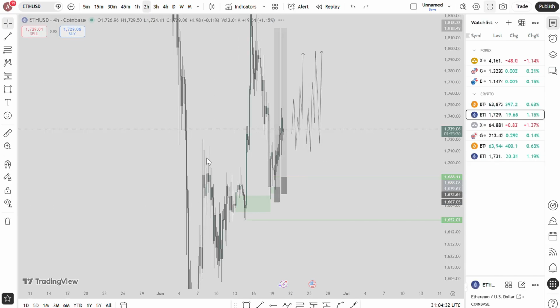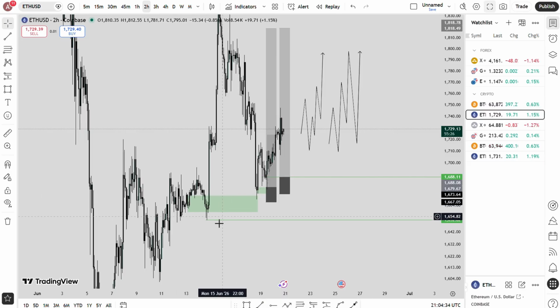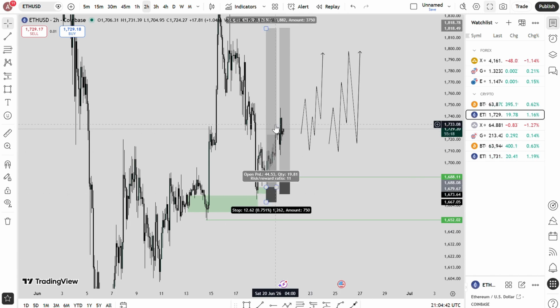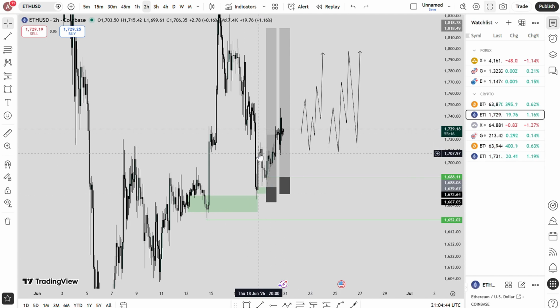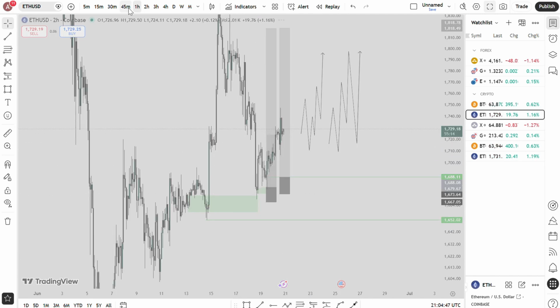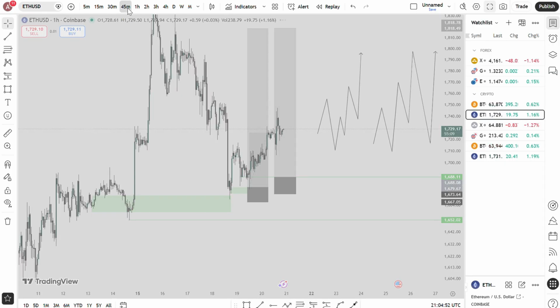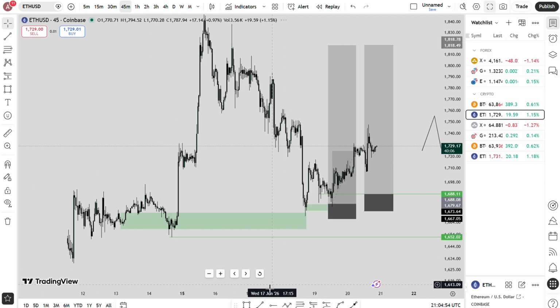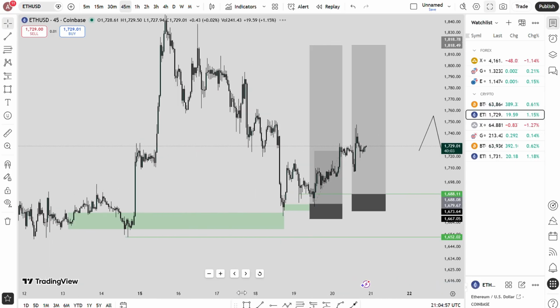Since it's a higher time frame, I don't expect the liquidity. I marked it, and price started moving. I saw, wow, price is moving on. That's when I went down to my lower time frame, like the 15 minutes, the 1 hour, and the 45 minutes. And as you can see,